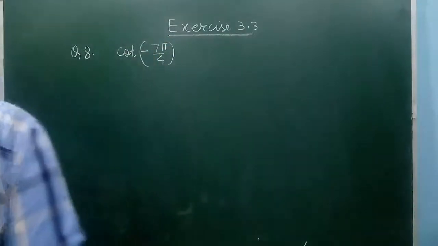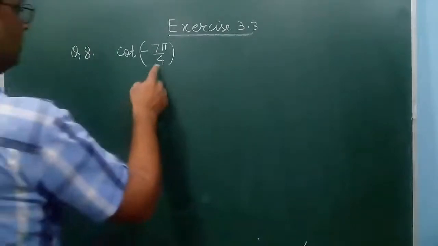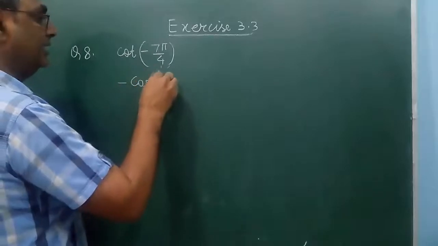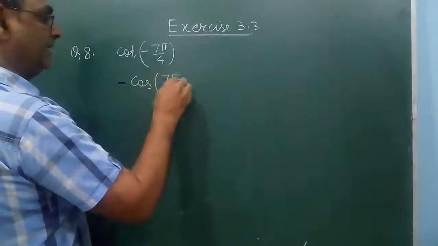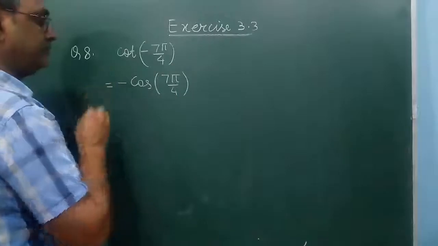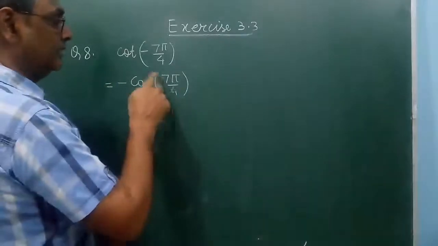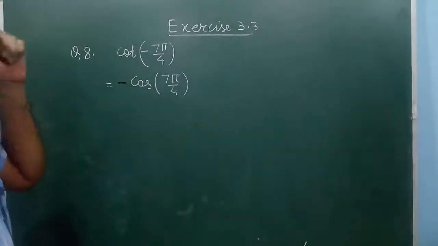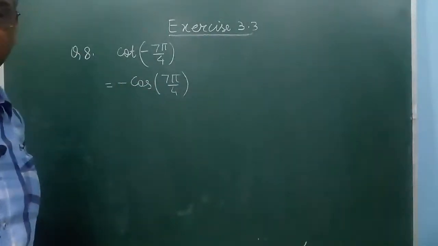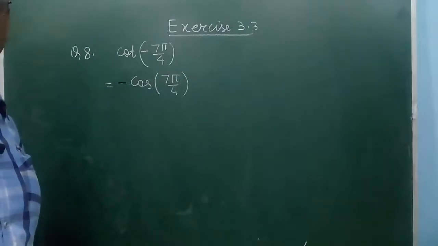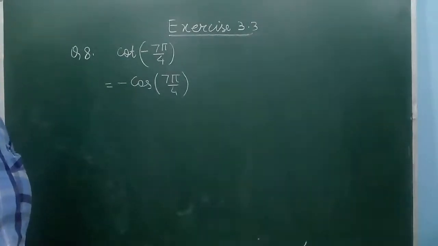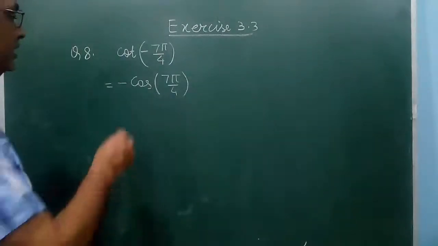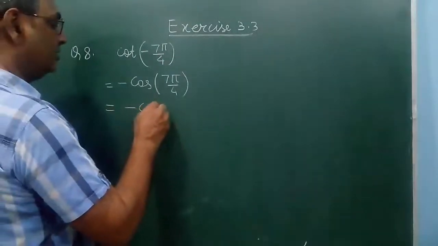Here you can do one thing. You can write this minus outside. Cos minus theta is cos theta. Pi by 4 is 45 degree. 45 into 7, 45 into 2 is 90, 90 into 3 is 270 plus 45, 315 degree. So here this we can write as cot